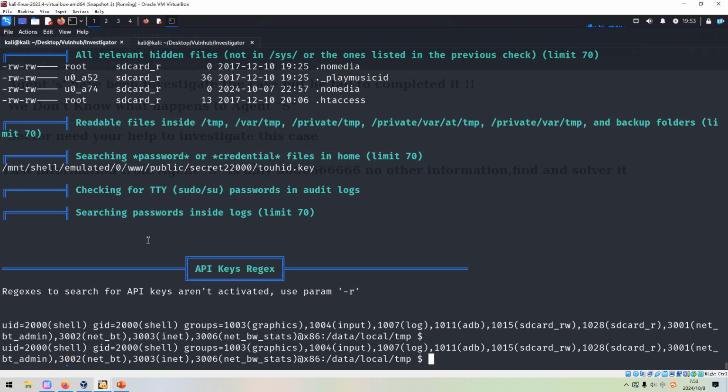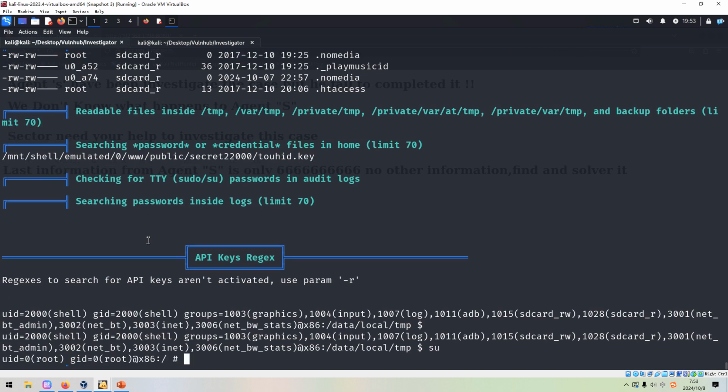Anyway, how to proceed next? Now we are a normal user. We cannot do almost anything. So next we can try to switch or elevate to the root user, because of course in the real world it's not so easy. Security has been enhanced enormously. We cannot become root on the mobile phone this way.